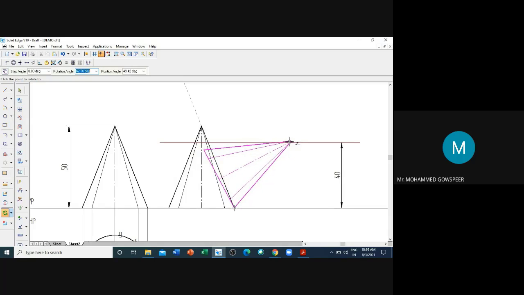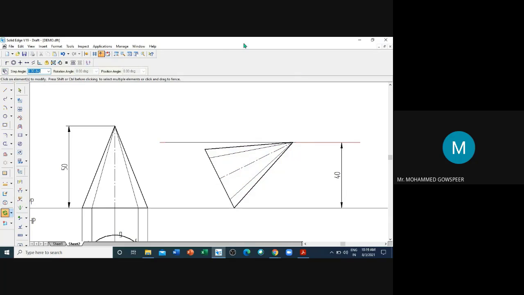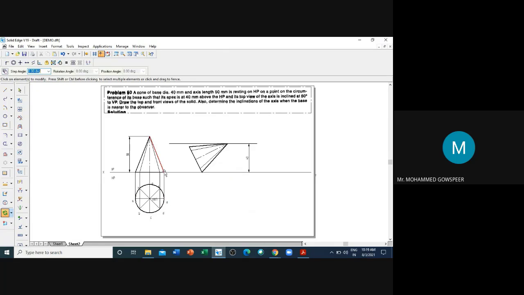Select point on element. Okay. While doing it manually also, suppose you name the points a, b, and this is e. You mark e here, measure e to o, so e to o you measure and cut it.